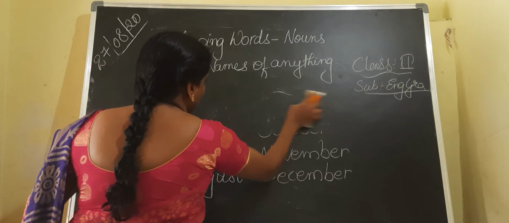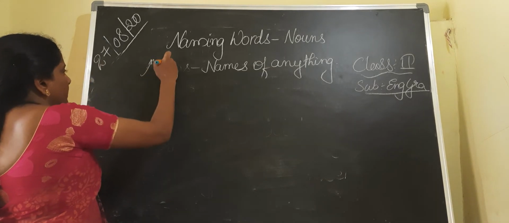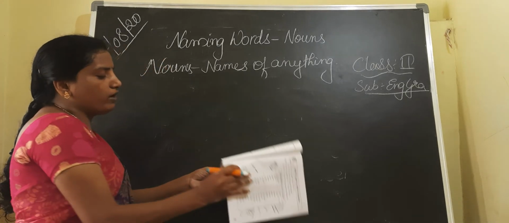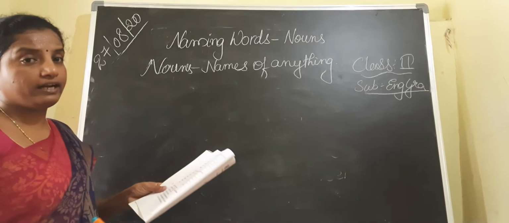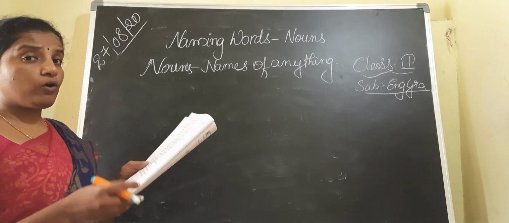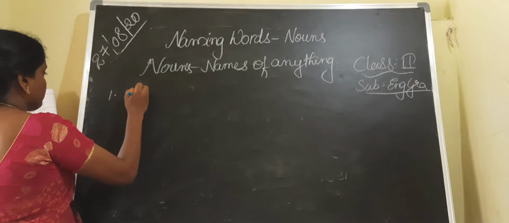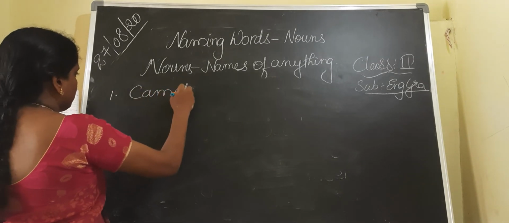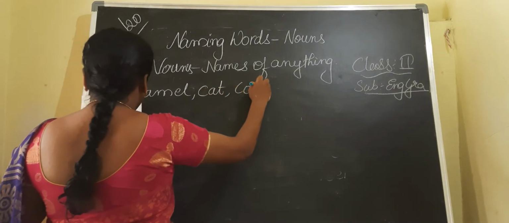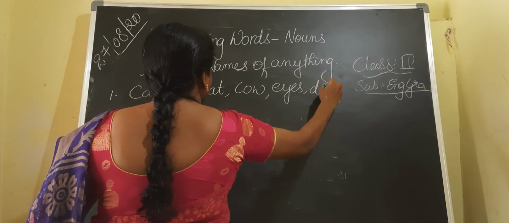Now let us see one exercise which we have. Before, we learned to write A in the correct place and E in the correct place separately. And one more exercise has been given to you, children. On page number 14 of your grammar textbook, put a box around the strange word, the odd one. We have to find out the odd one. See: camel, cat, cow, ice, dog. See children, these are the words.